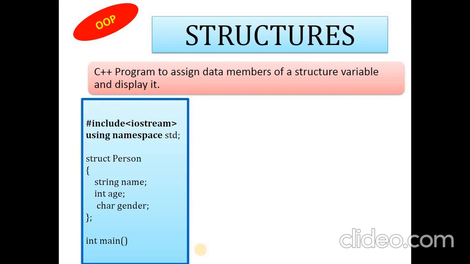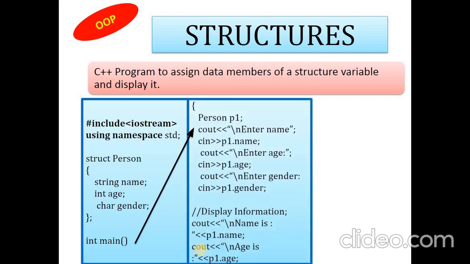So this is a program showing how we assign the data members of a structure variable and display them. You write #include <iostream>, using namespace std, declare the structure with name, age, gender, three different data types, and then inside main I am declaring person p1.